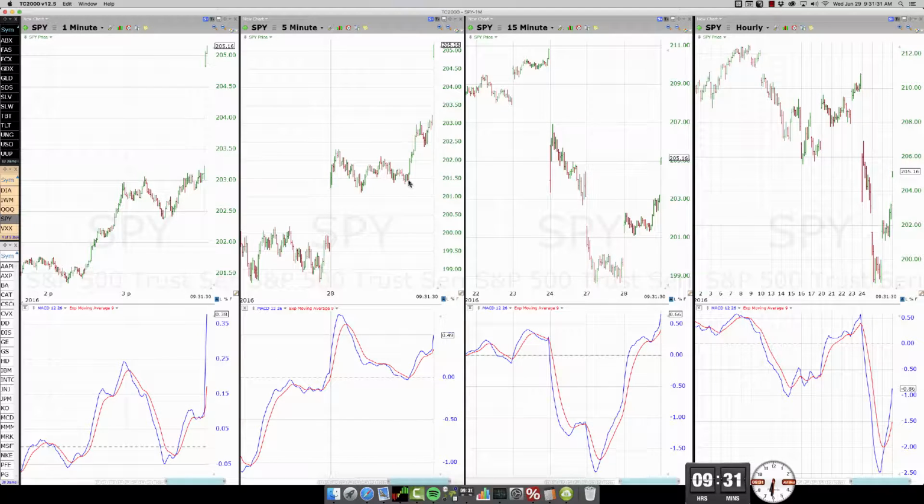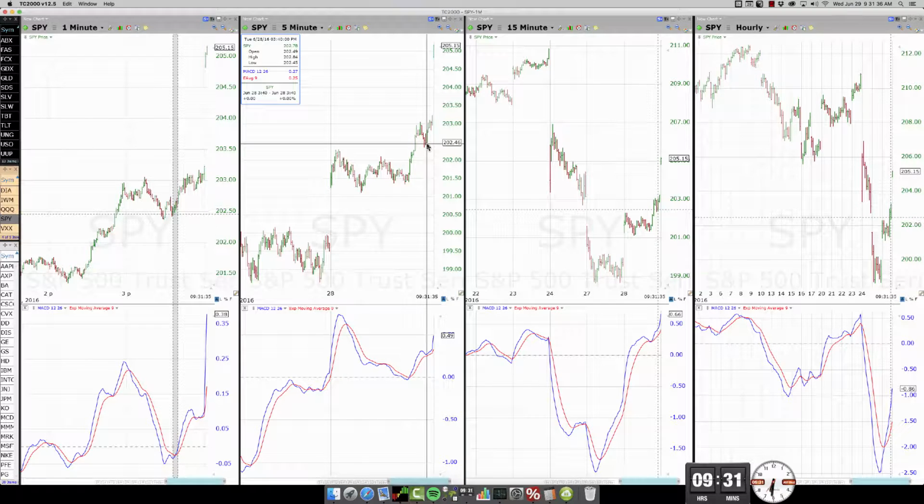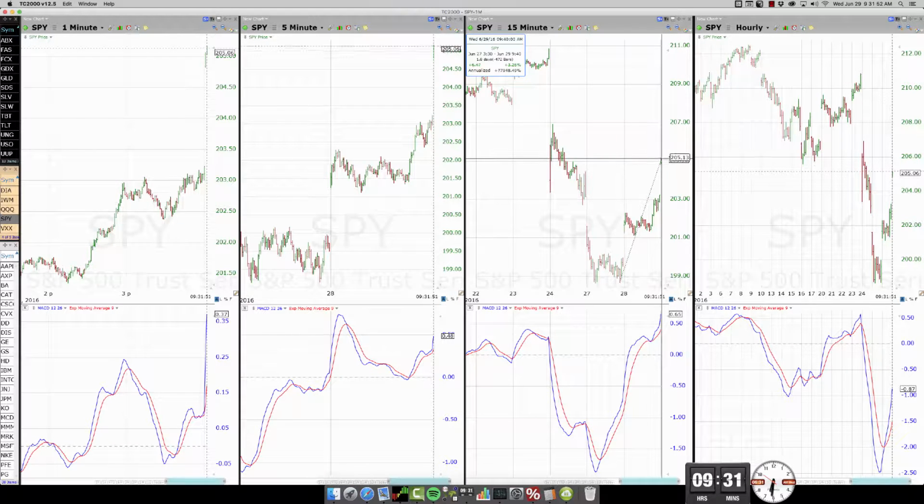It's interesting. Remember yesterday, I called the continuation here. That could have been a trade. And then I called the continuation here yesterday. That could have been another trade. Take a look at the price going up. Now from the bottoms here to here, this is already a $6.50 pullback.